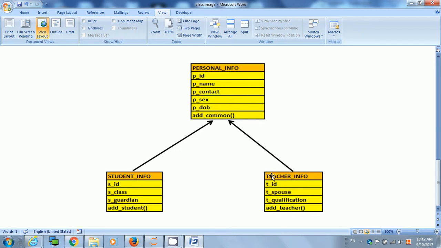Now had this been put into personal info underscore student, and you put everything inside there, and again personal info underscore teacher info and put everything there, adding tid, t underscore spouse, t underscore qualification, this particular information would have been repeated in both of these classes. So to make it more modular and reusable, we use inheritance, so that whatever are common attributes are placed in a parent class, and the child class inherits those